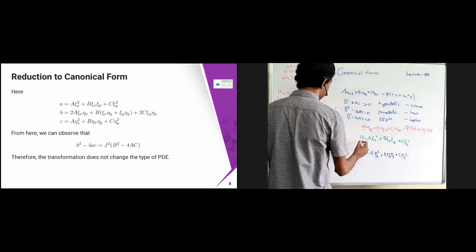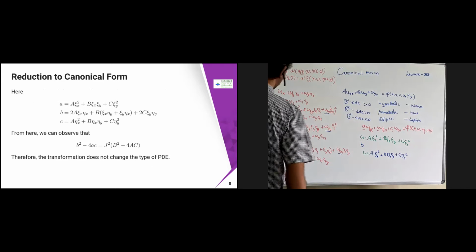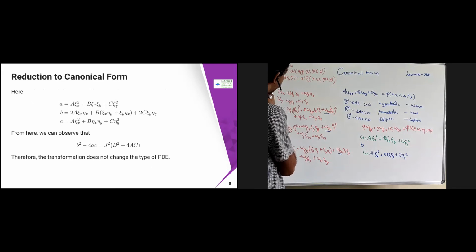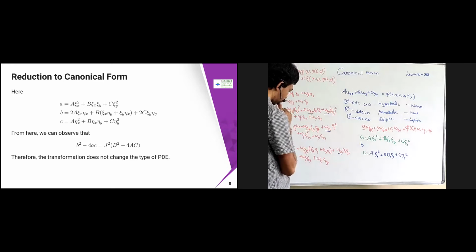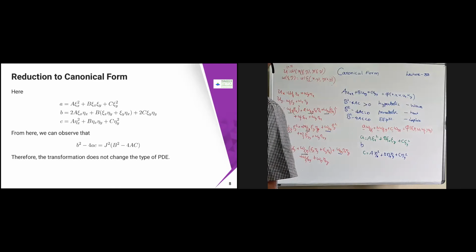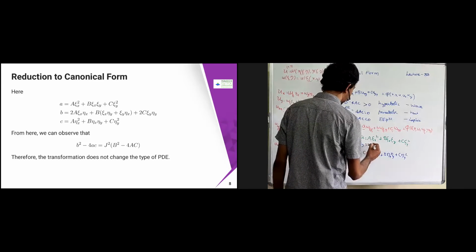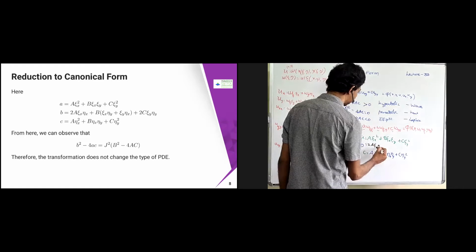Okay. Now b is nothing but I have the terms from the chi x eta x term. What I need to get is from w chi. Okay, I don't get this one, this one, and then this one. Only these terms. So that is going to become 2 into chi x eta x. So this is going to be multiplied by a. So this is going to be 2 times a into chi x eta x.